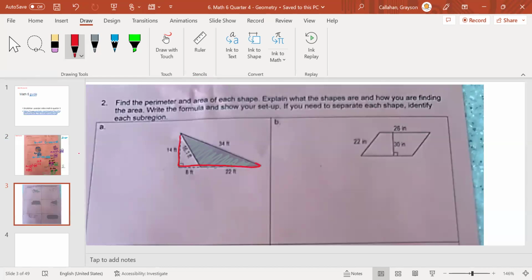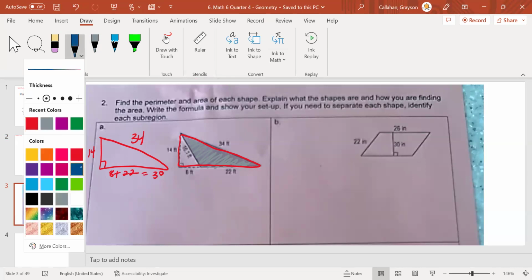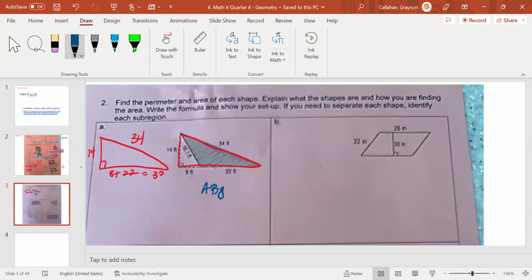I would use... This is a big triangle. This is 14 feet, 34 feet, and this is 8 plus 22 feet, right? Which is 30. I'm going to take the area of the big triangle,